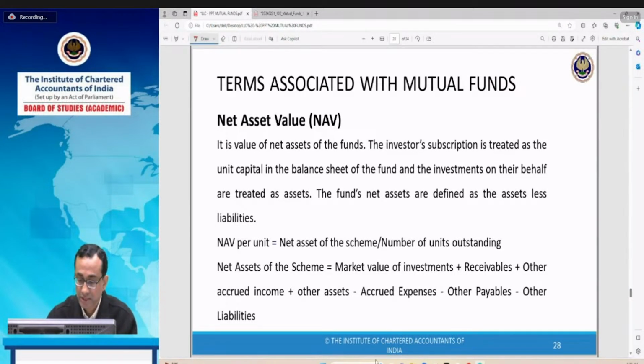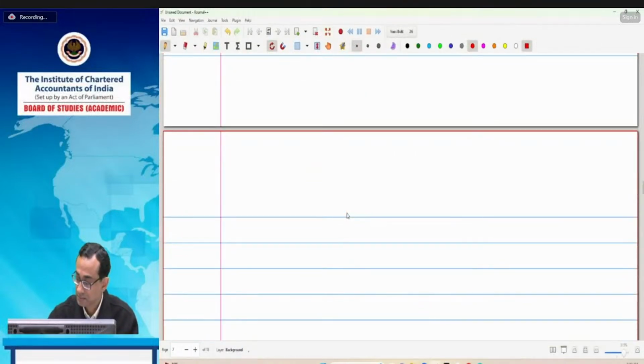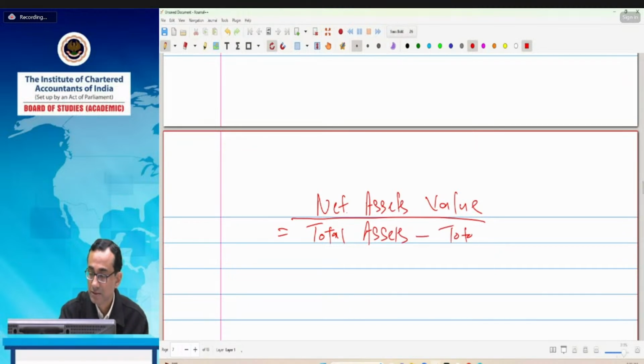I will take some time to explain this. Net asset value is calculated as total assets minus total liabilities